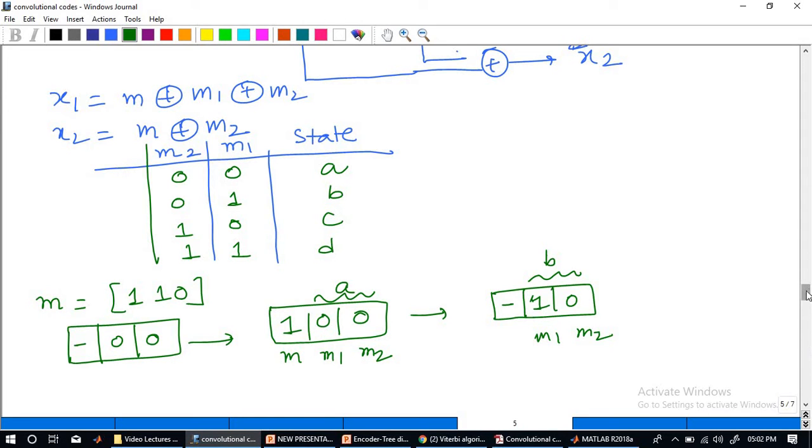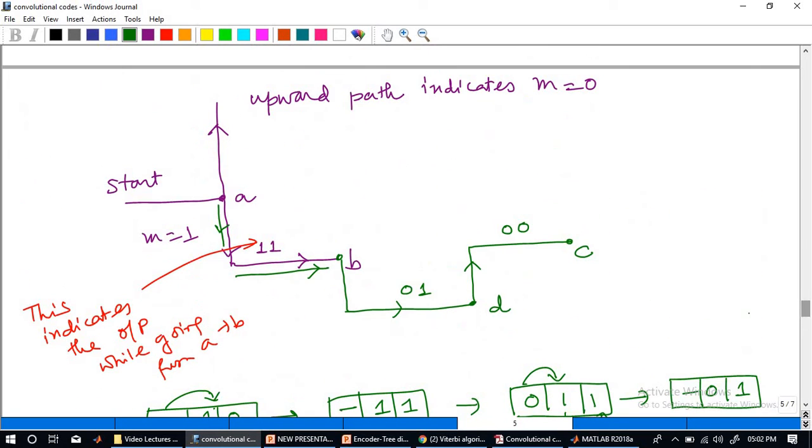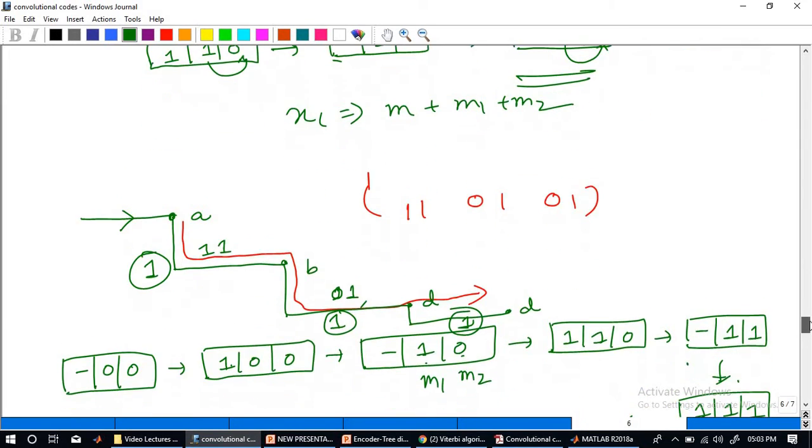Along with that, I went through something called the code tree, which is a basic structure that will be followed overall, where we start from 0, 0, which is A, and then go up each time a 0 comes in, and come downward when a 1 comes in. Whenever each and every bit is followed, we go ahead with the code tree, and the corresponding branch weight is nothing but the output corresponding to the equation that is given.